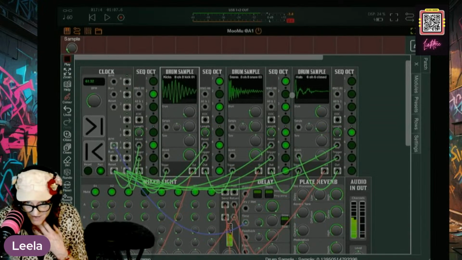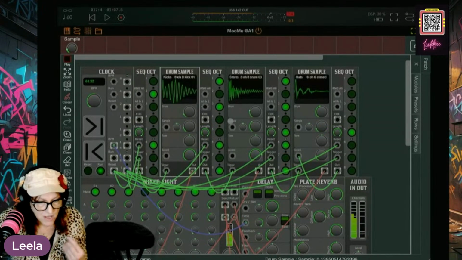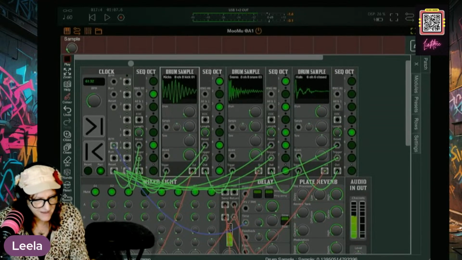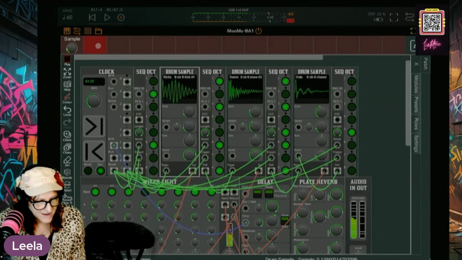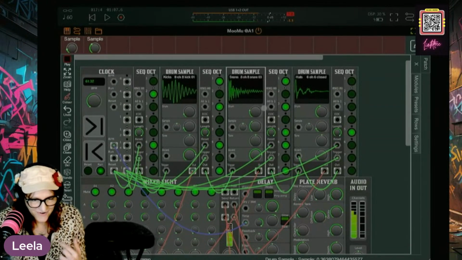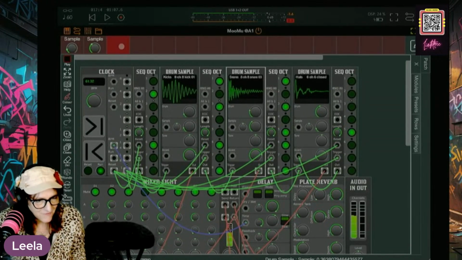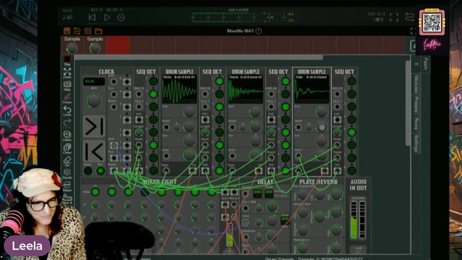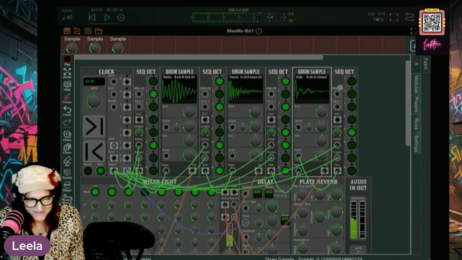If Dave from Studio +1 is here. Okay, this is our kick sample. Now we'll go to the second one and let's grab our snare sample.